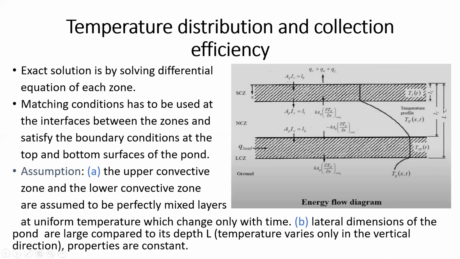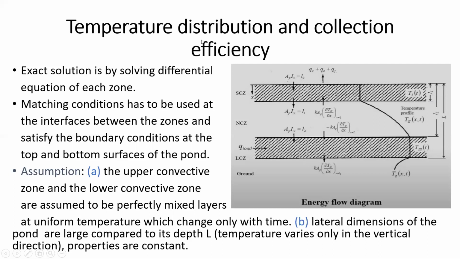L is the length of the solar pond, L1 is the length from the surface to the top of the non-convective layer, and L2 is the length from the surface to the lower convective zone. The calculation of temperature distribution in a solar pond is rather involved since the pond consists of 3 zones. For an exact solution, one has to solve the appropriate differential equation for each zone, use matching conditions at the interfaces between zones, and satisfy the boundary conditions at the top and the bottom surface